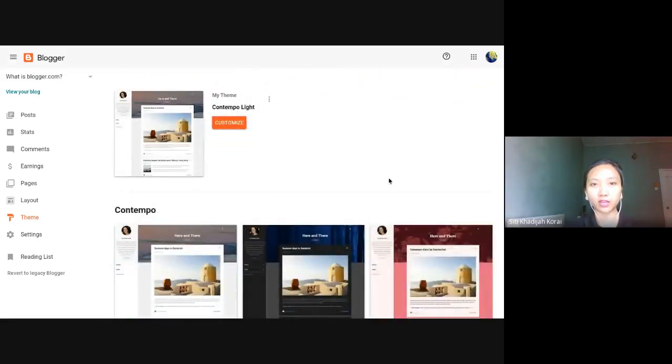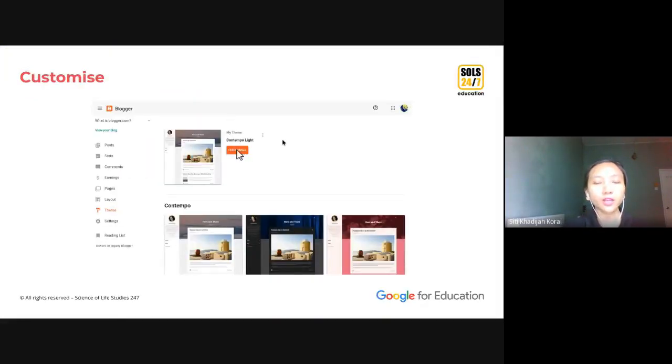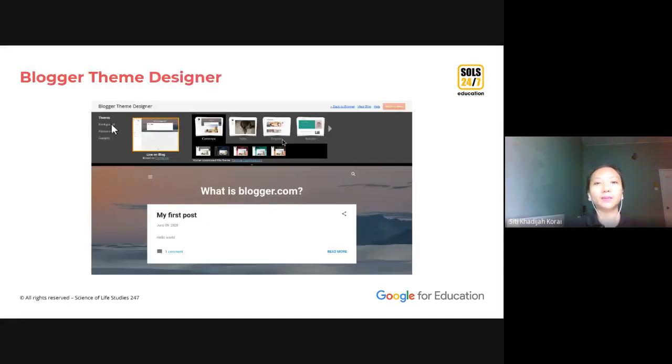Now we're going to talk about customize, what you can customize for your theme. If you click on customize here again, you have the option for the theme. You can keep scrolling and searching for the theme, and below the theme, if you notice here, will be the color